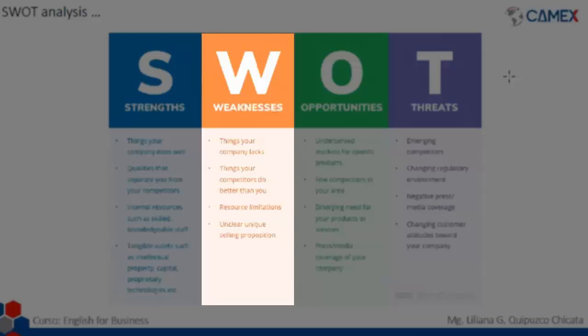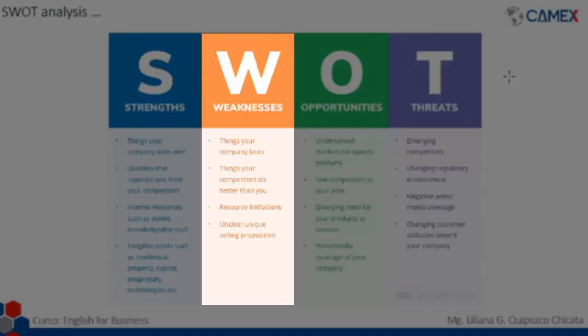Another is the resource limitations. It is kind of the opposite of the tangible assets that we have on the other hand. In this case, if we're talking about a restaurant, resource limitations could be, let's say, drinks. So maybe we have a limitation on drinks. We can only sell, let's say, just sodas. But on the other hand, our competitors sell sodas, chicha morada, maracuyá. So they are better than us in that factor. So it would be our weakness.